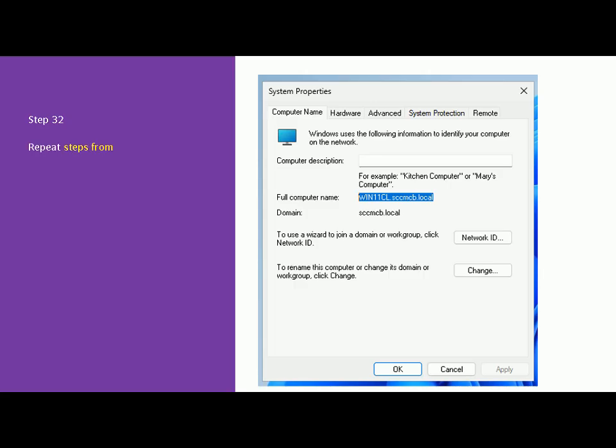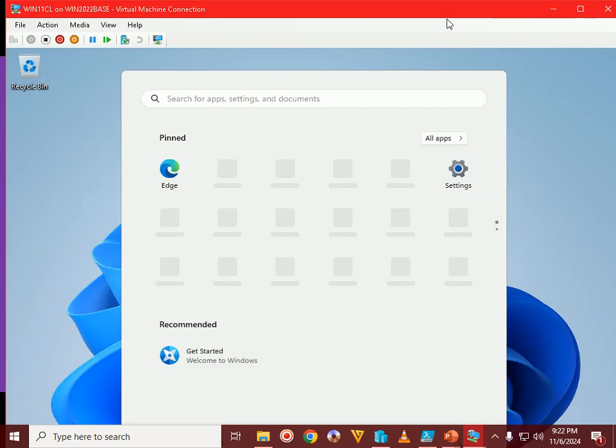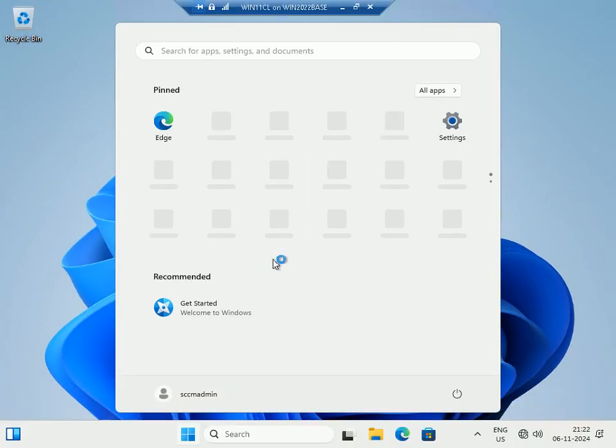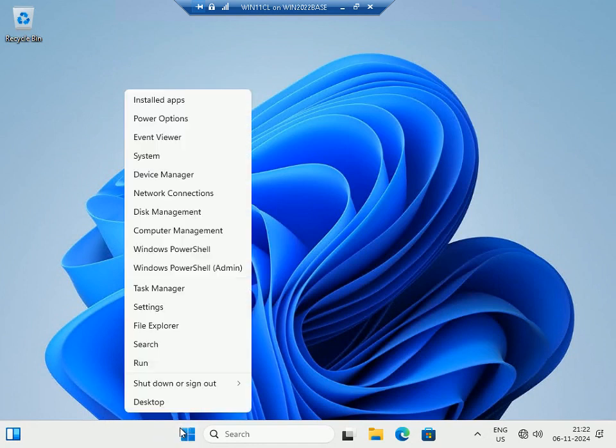So the next step is we need to again repeat the steps for confirming our FQDN on the Windows 11 system also. Okay, so we will go back to the Windows 11 system, and you can see over here it is showing the SSM admin as my currently logged in user, that is my domain user. So I will go to the system,